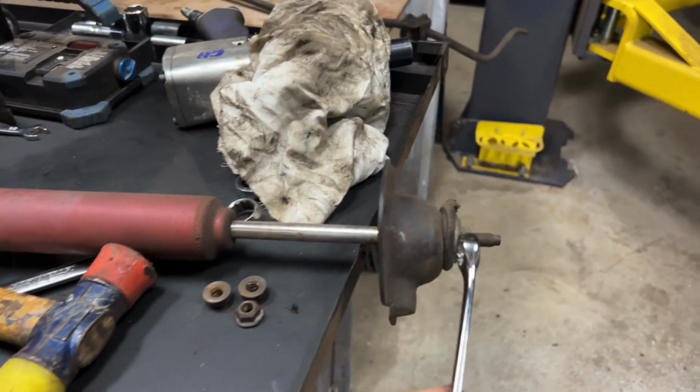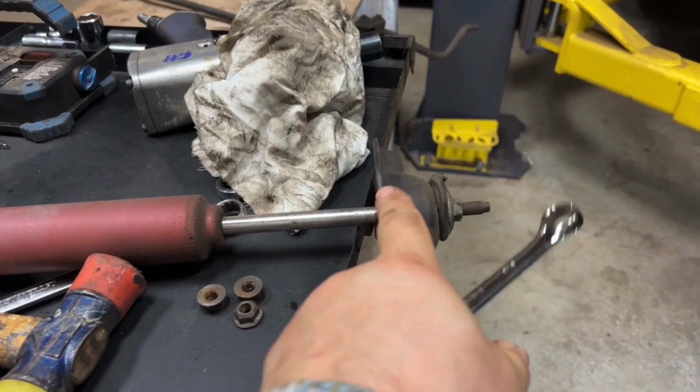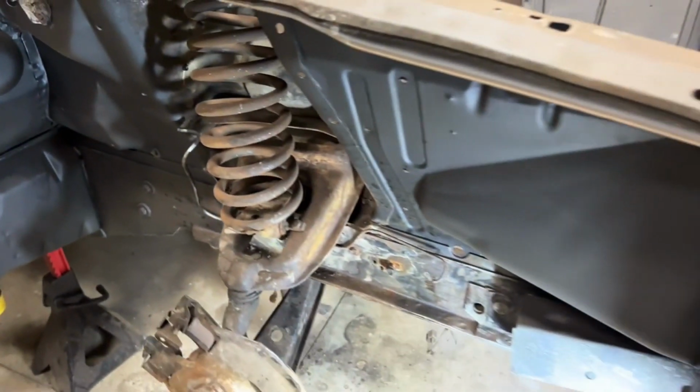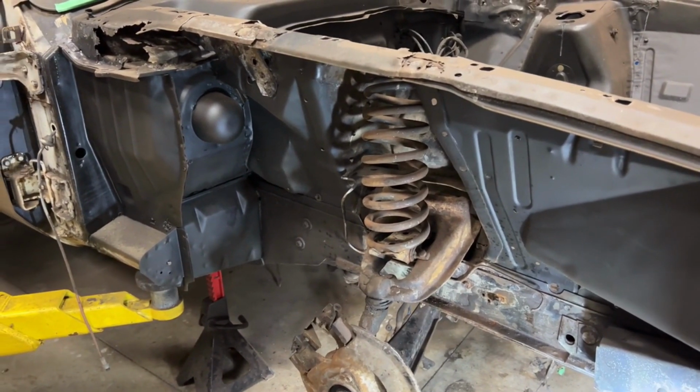So I'll take that nut off. This little, whatever, shock tower cap or whatever you want to call it. I'll probably powder coat that. And that's generally it. Now, the next thing to do, and this is the dangerous part, is actually compressing the